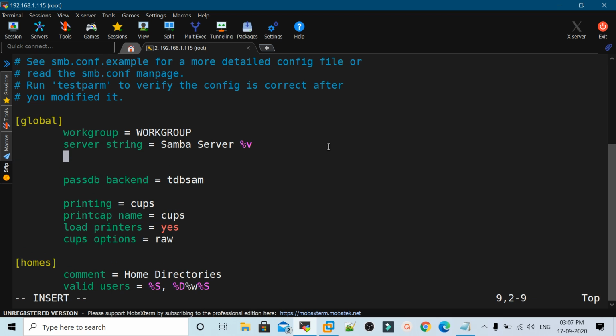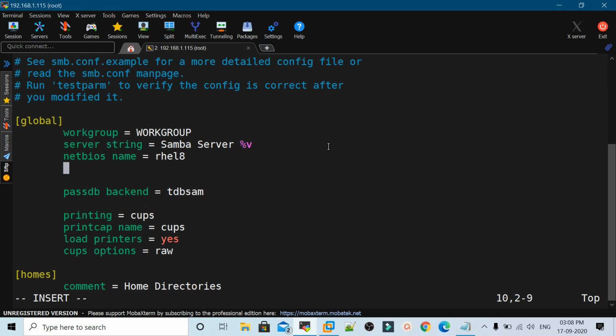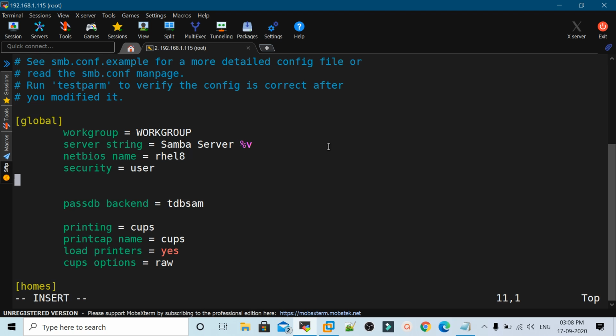Then we will mention NetBIOS name. NetBIOS name is equal to RHEL8. I can mention here. Then security, I will mention the security as user, and after that map to guest.